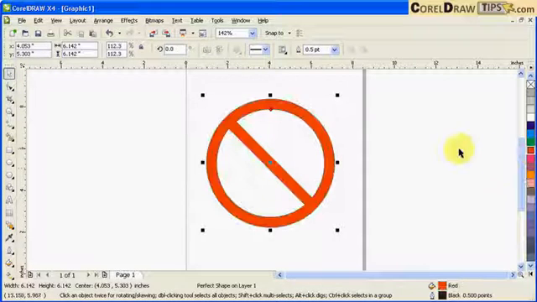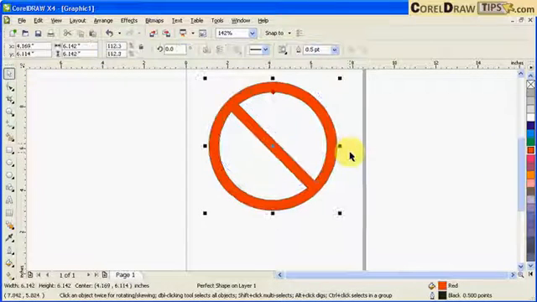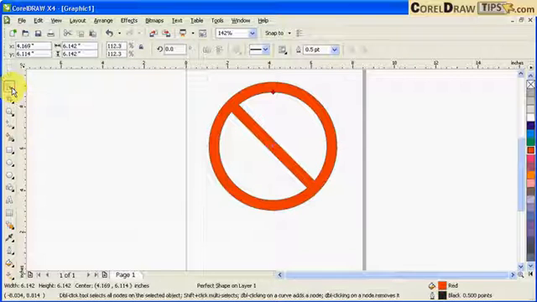So now I can create my no parking sign, or no smoking sign, or whatever sign you want. But that's really fast, and you can always reshape it if you want by going to your shape tool and click on the diamond again,